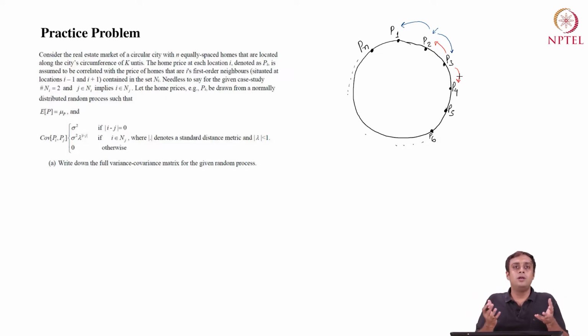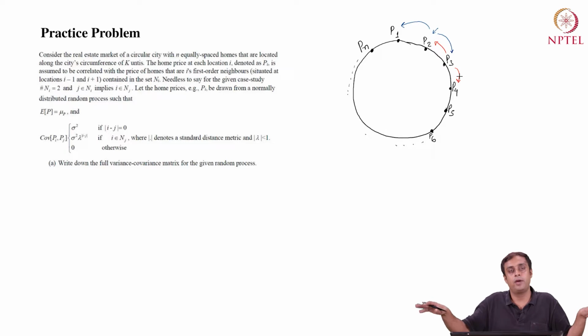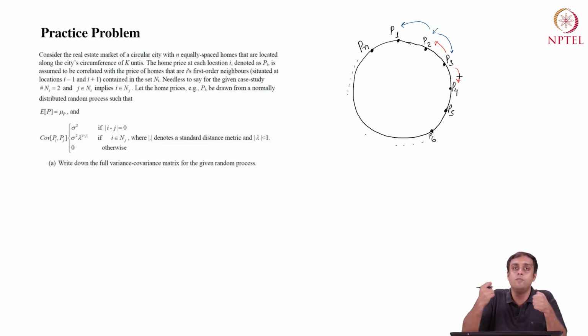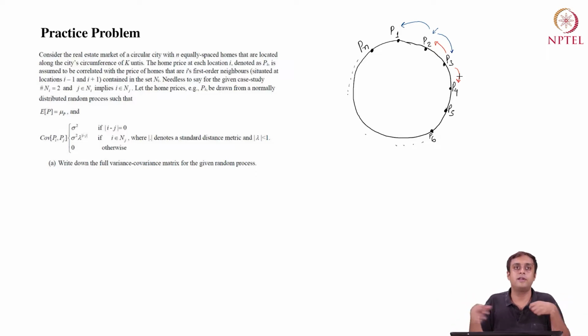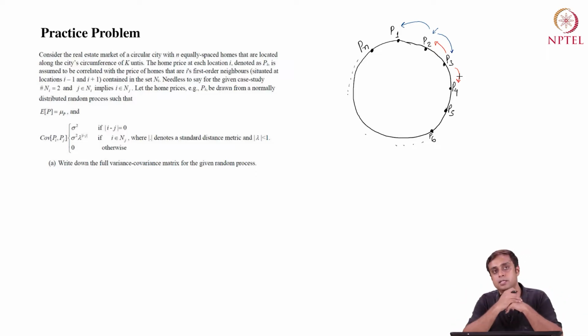Although this is a model, it is a representation of what happens in the real world. All it is trying to say is that real estate prices in the real world can be represented by a situation where they are highly correlated with immediate neighbors and not so correlated with those who are farther apart. Maybe you can say that homes in a particular locality can be considered neighbors, and homes between localities are non-neighbors. That kind of situation is what this stylized setting provides us.